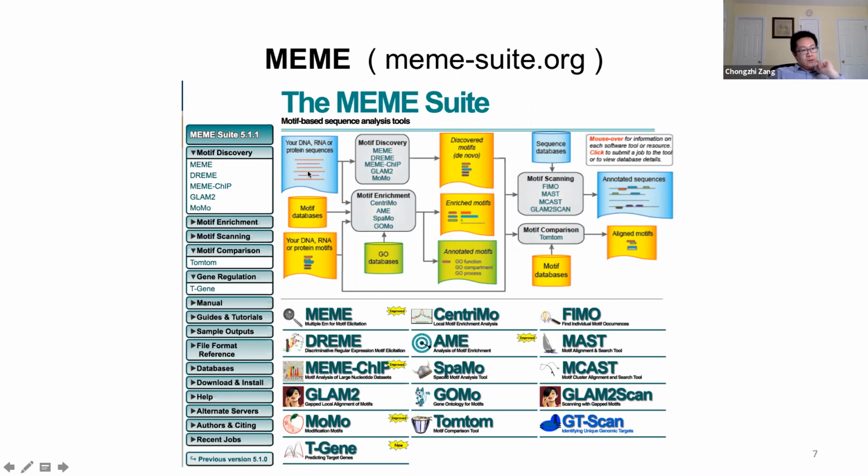So they can perform de novo motif discovery and identify the enriched motif patterns from a series of sequences. That's MEME-ChIP, which works from a list of regions or sequences, such as the peak regions we identified from ChIP-seq experiments. And after we use MEME-ChIP to find those de novo motifs,